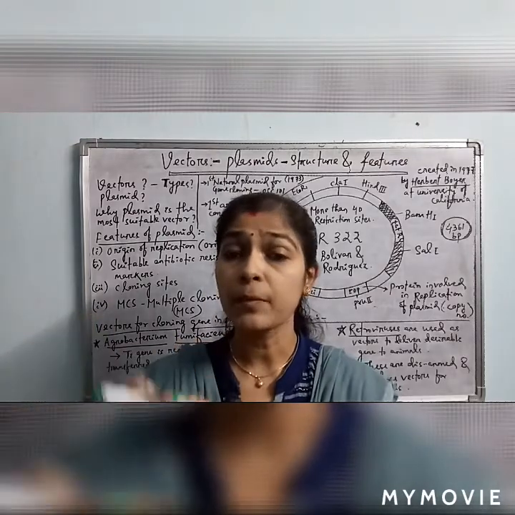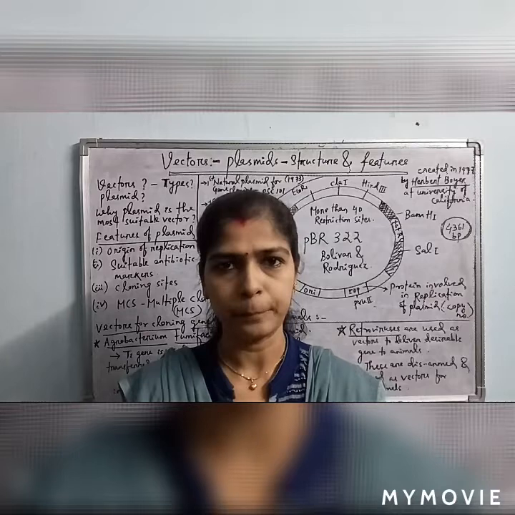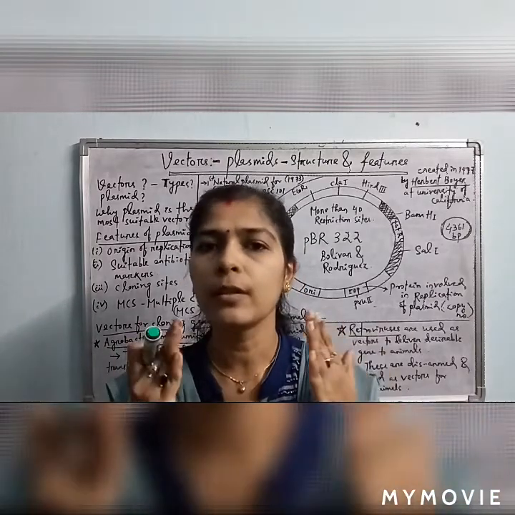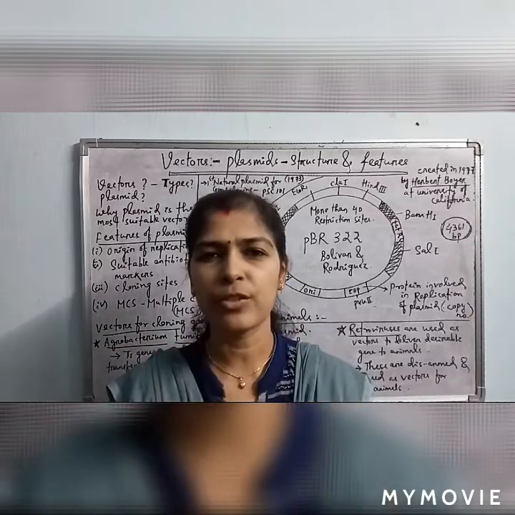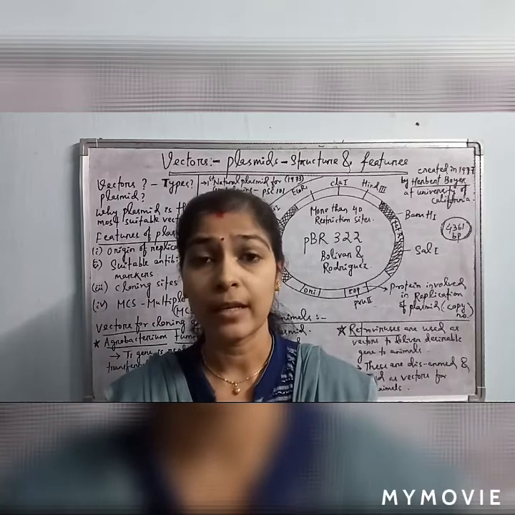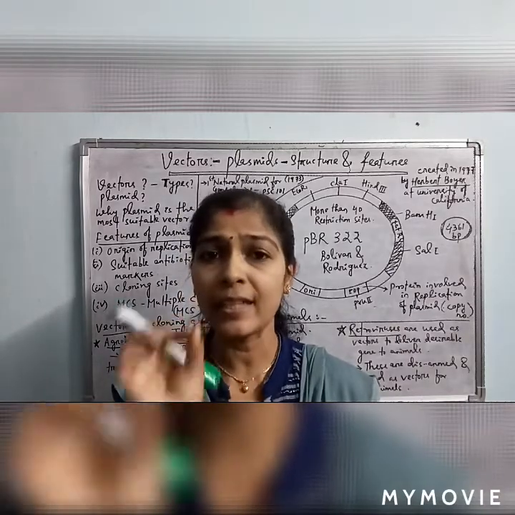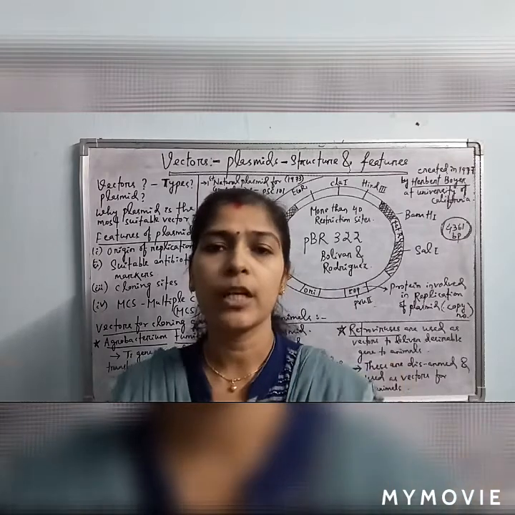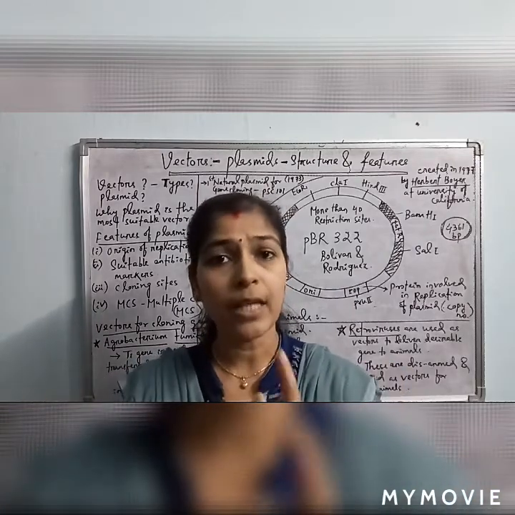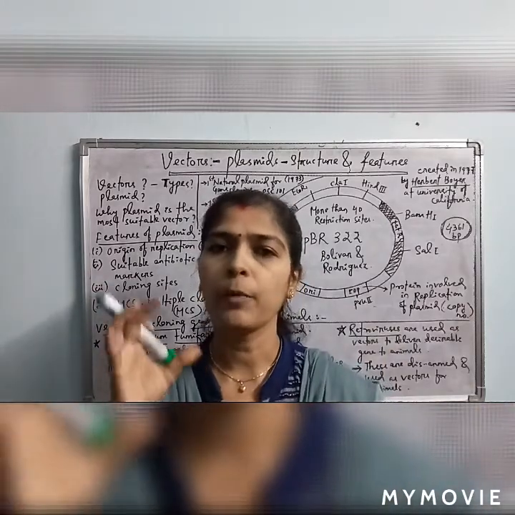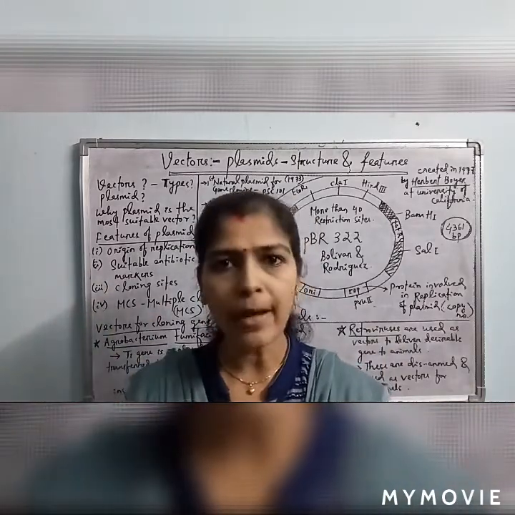And this TI plasmid is nowadays modified. The tumor inducing gene, or TI gene or T-DNA, present in the TI plasmid is replaced with any of the disease resistant gene, pest resistant gene, insect resistant gene or drought resistant gene. Then the TI plasmid is transformed again into Agrobacterium tumefaciens, and the Agrobacterium tumefaciens can infect the plants as usual.